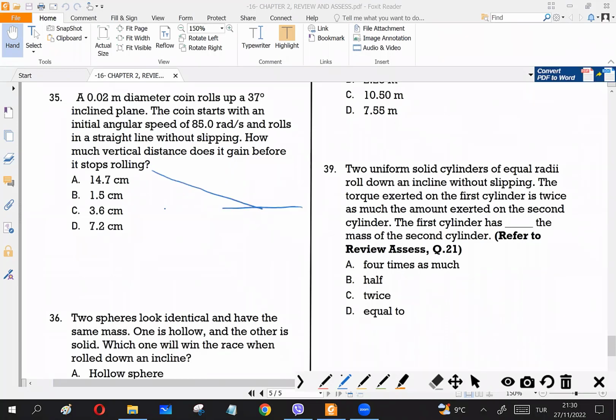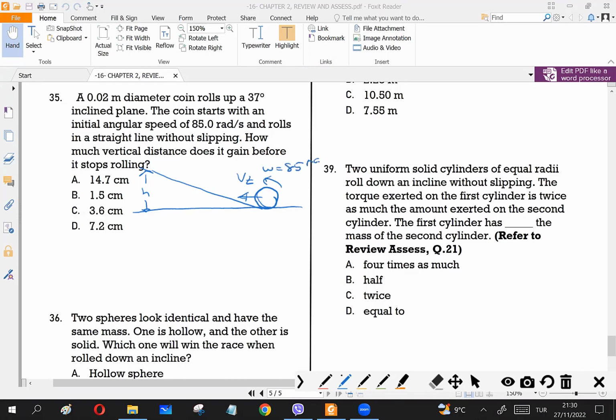It is the opposite of releasing an object from the top of an incline and finding the linear speed at the bottom. This time, from the bottom, we are going to send this coin with some tangential, translational speed. How much vertical distance does it gain? We will find this. But in the question, angular speed is given. Angular speed is 85, but it doesn't matter because for a rolling object,